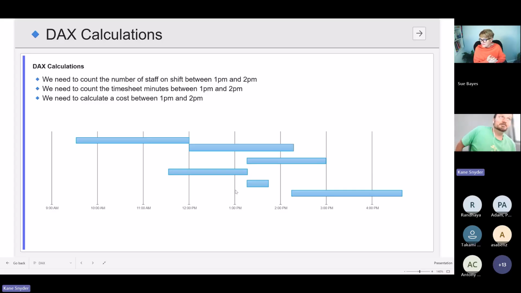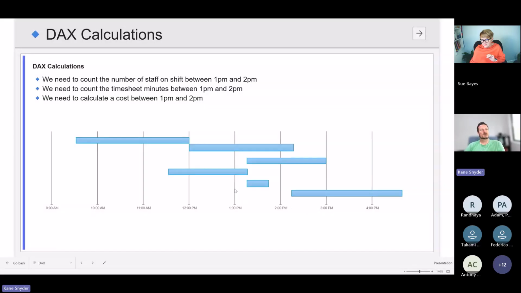And I guess this whole exercise of looking at the DAX is a really good refresher on filter context. One thing I'll point out is, if this was a chart in Power BI and we have these points on the axis, when we have 1 p.m., what it's representing is 1 p.m. to 1:59 p.m. It's like 1 hour and 59 minutes and 59 seconds, and microseconds and nanoseconds if you wanted to think about it, but it's not 2.